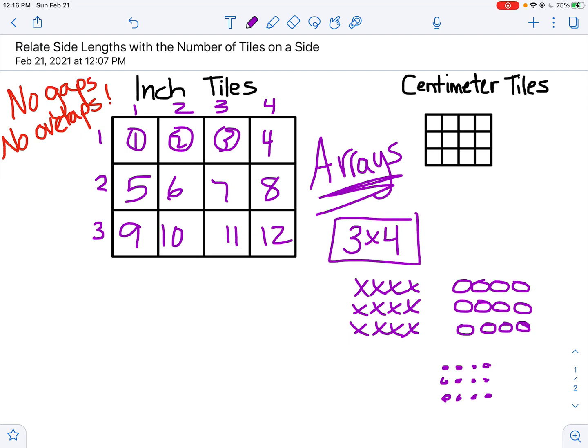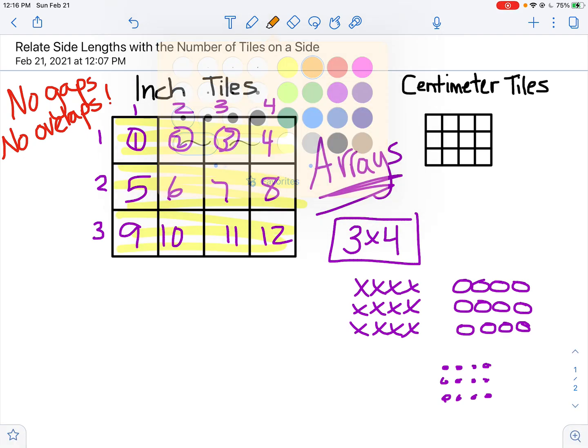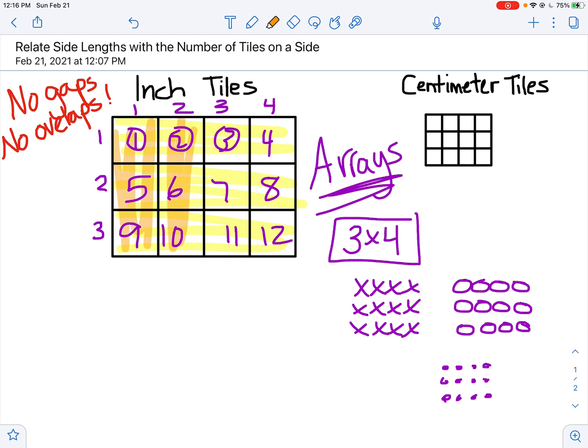And what do we know about 3 times 4? If I have 3 rows of 4, that gives me 12 tiles. Do you see that? So I can count it by 4s, 4, 8, 12. I could count it by 3s, 3, 6, 9, 12. I could continue to count it by 1s if I wanted to, but that takes a long time. So we want to start to be efficient. So I would label this